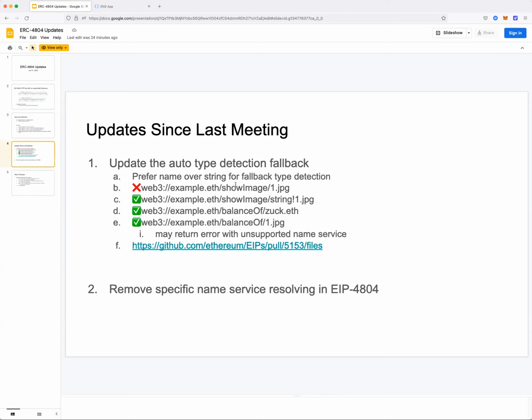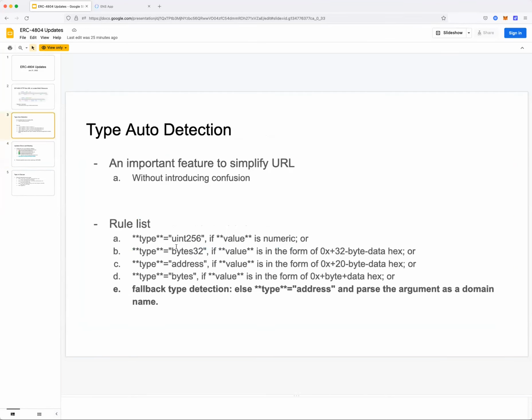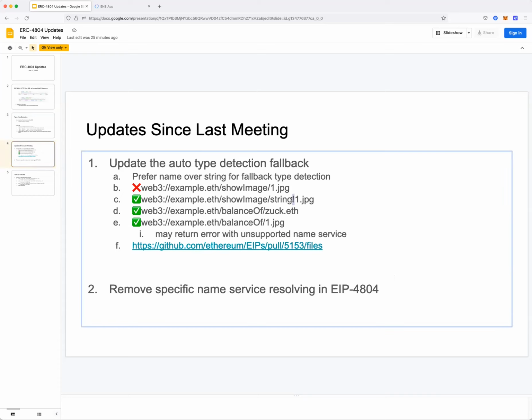Right. So for example, with this explicit type, there's an exclamation mark, which will not be in any of these rules in the ABCDE. As long as I detect an exclamation mark, then I will treat it as an explicit type.